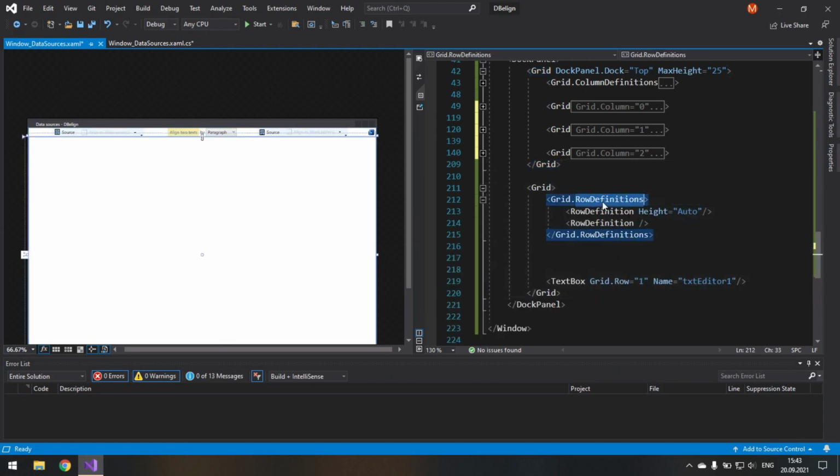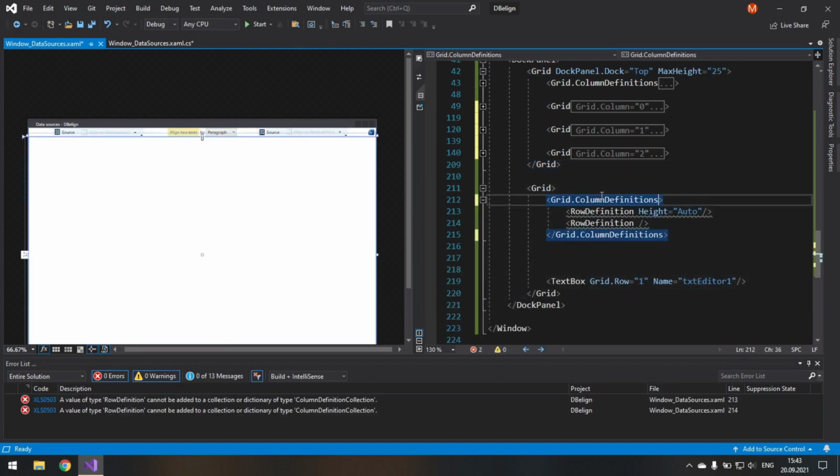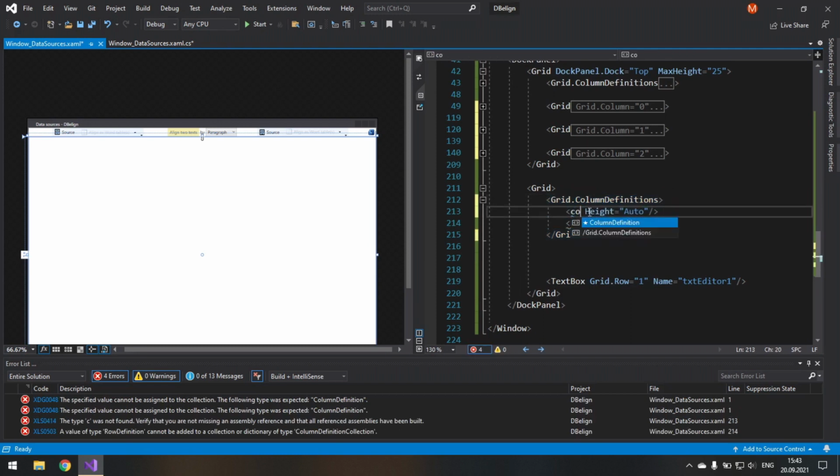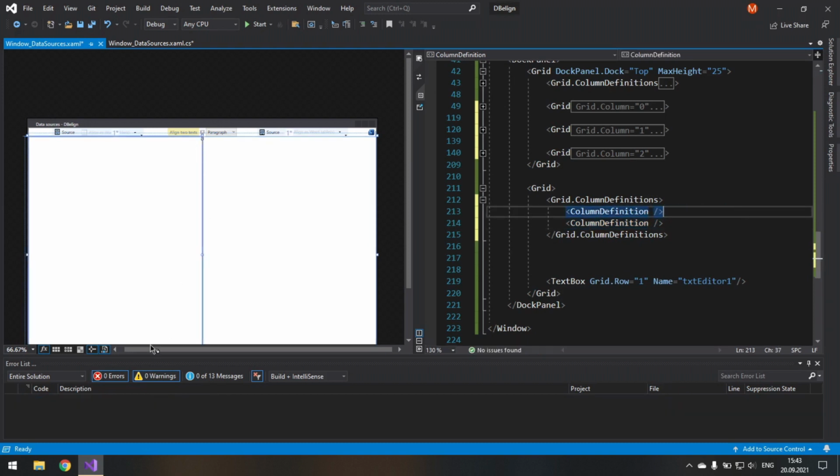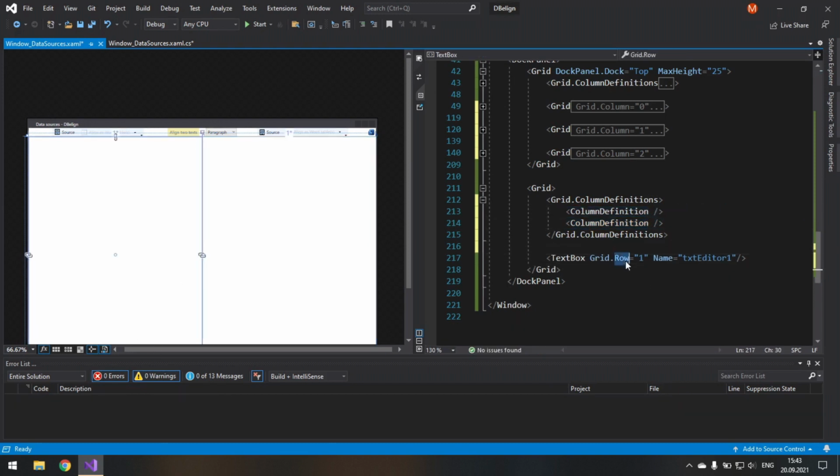So grid, let's redraw this. So column definitions and column definition, and actually they should be equal, like this. Our first text box in grid column 0. I will add extra functionality so that we could drag something to these text boxes from outside. Well, for example, files. And the program will automatically open them and read their content here.